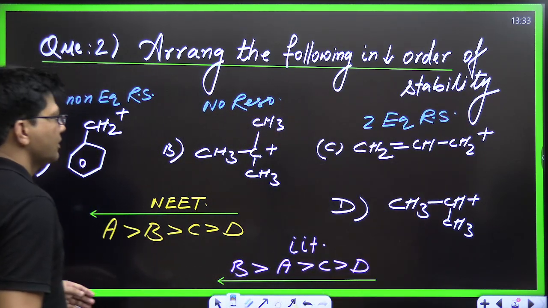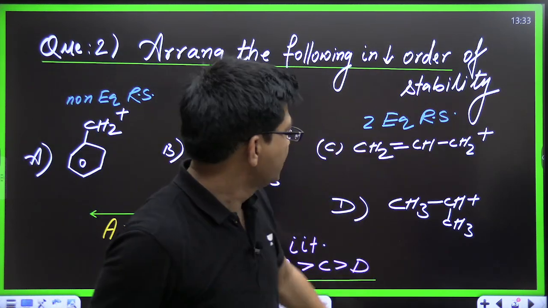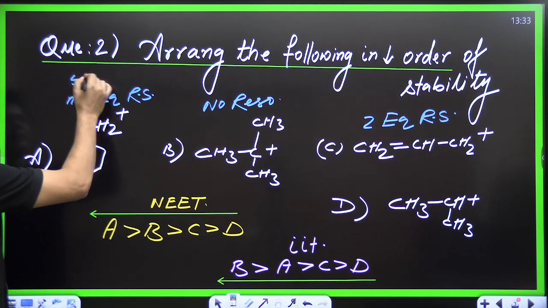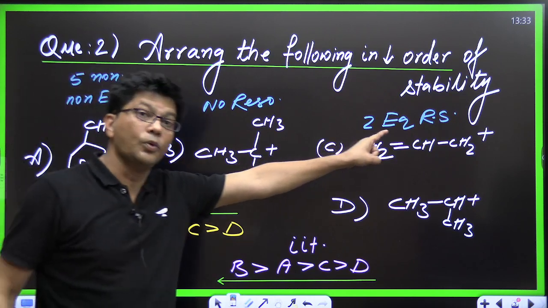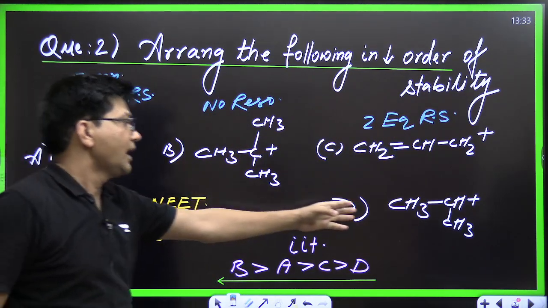If I were not the teacher, I would have said that this is forming two equivalent resonating structures and this is forming five non-equivalent resonating structures. So this is going to be the most stable, then this by resonance, and then hyperconjugation, and then at the last